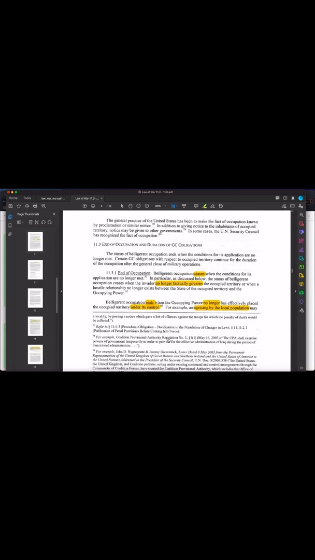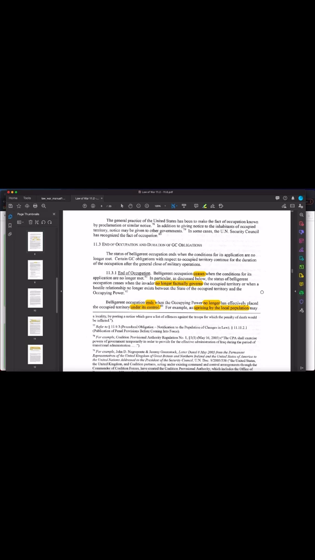So 11.3 deals with how to determine when an occupation ended. So basically, the occupation ends when the occupant no longer factually governs. In other words, remember how we defined occupation in the beginning was when they have force, when they actually have the ability to enforce their will on a territory, that's when they have occupied.